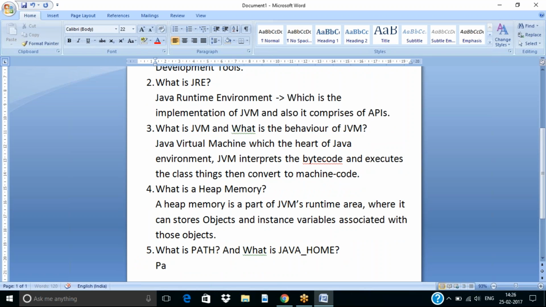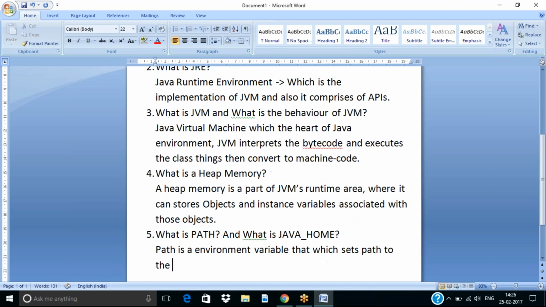So what about path? Path is an environment variable that sets the path to the JDK's bin folder, okay, JDK's bin folder, and helps Java programs